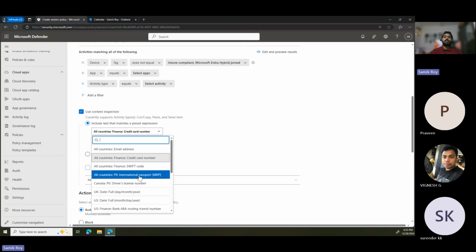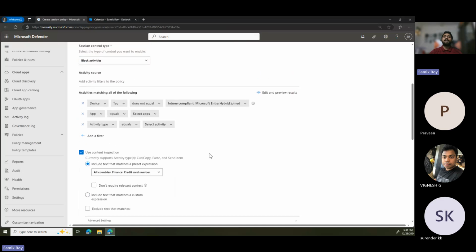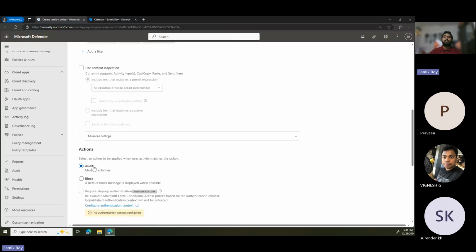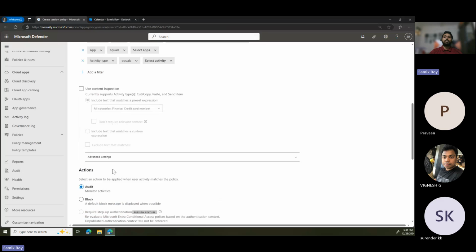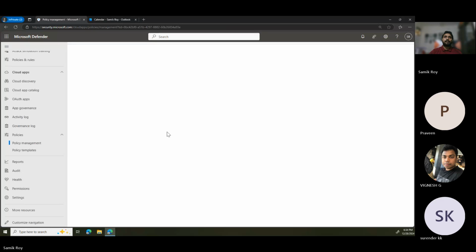If I want to match certain PII or UK date patterns as part of inspection in the file, all those things can be set and the file can be blocked from getting downloaded, right? And obviously here is the action piece, where you can audit or block all those kinds of files. Now, coming back to the policy, one thing that you also need to understand